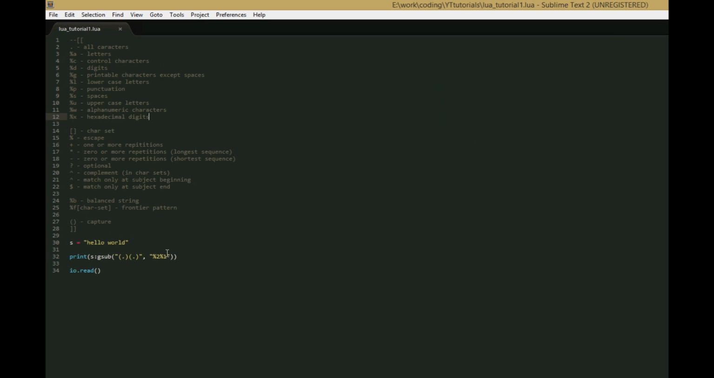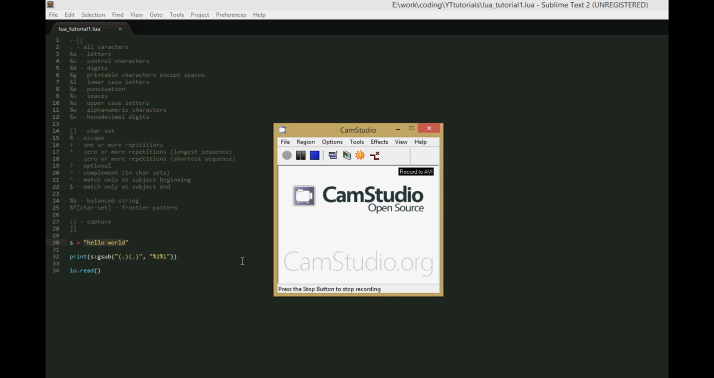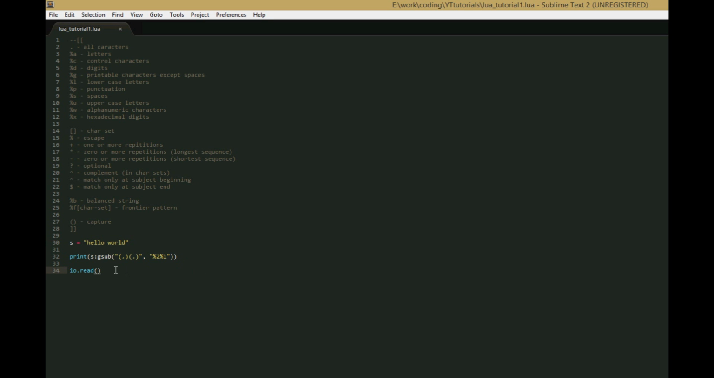So it switched all the adjacent characters around. But that's how you use captures in string.gsub. So the last thing we're going to go over is replacements. So instead of having a string as the third argument to string.gsub, you can also have a function or a